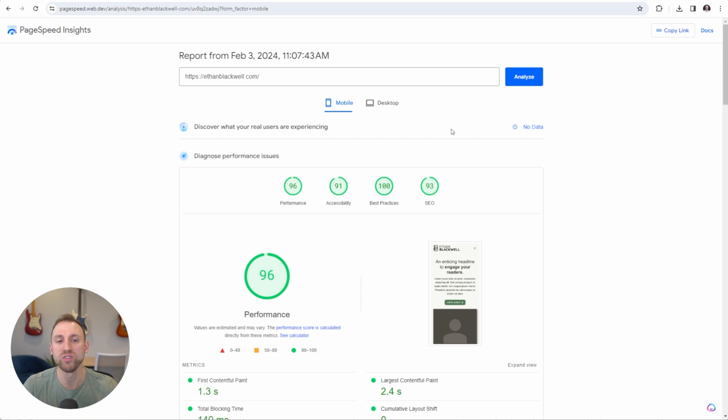And you probably won't see anything in here for quite some time until you start getting a decent amount of traffic and Google can actually give you real data on what other users are experiencing on your website. But then this second option here that says diagnose performance issues, this is kind of a lab type of test where it runs your website through here and gives you rough numbers of what users should be experiencing on your website. And you can see that it came back here, and we are on the mobile tab here,